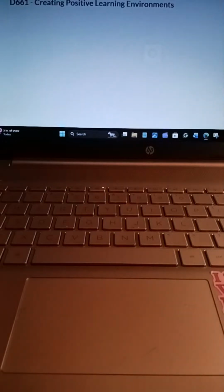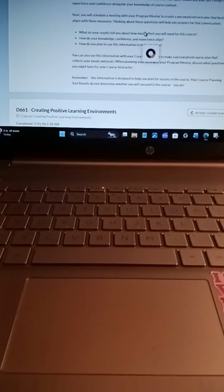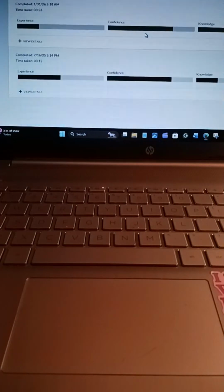Alright, so let's see how this looks, because it tells you kind of where you're at. Are you gonna load? Okay, so compared to my first attempt, which is right here, which I did, or that's actually the second attempt. So the first attempt I did back in